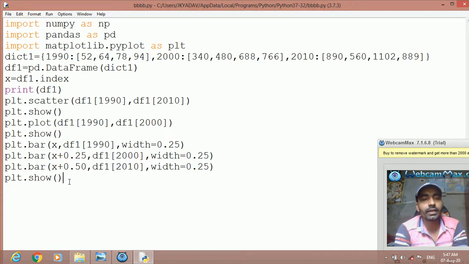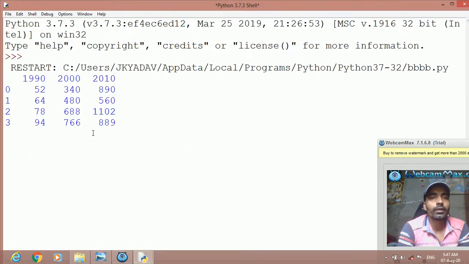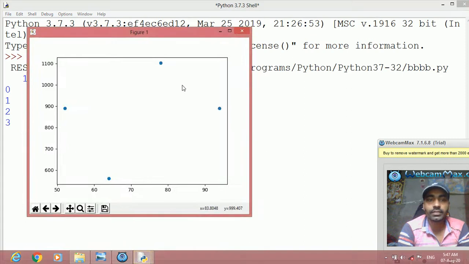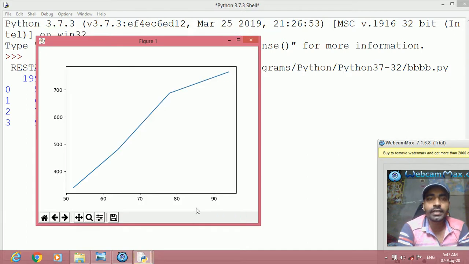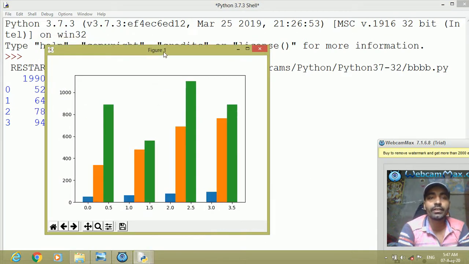Save it and execute F5. Now see first scatter chart. This is the scatter chart of the year 1990 and 2010. Then see the line chart of the year 1990 and 2000. Now see the bar chart with multiple bars for the year 1990, 2000 and 2010. Here you can see. This is the bar chart, multiple bars. With the multiple bars,